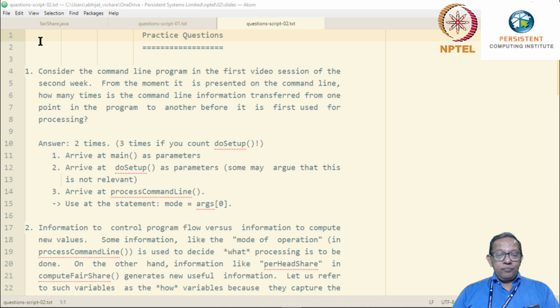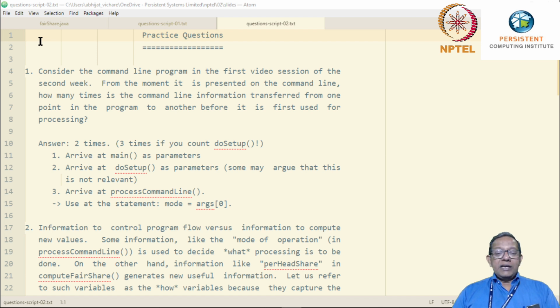The point is, in the first step it arrives at main via parameters, an array of strings called args. Then it arrives at do setup as parameters, again an array of strings called args. Finally it arrives at process command line, again as an array of strings called args.